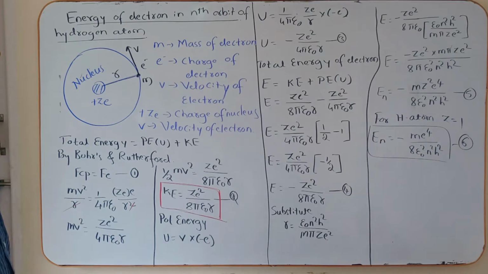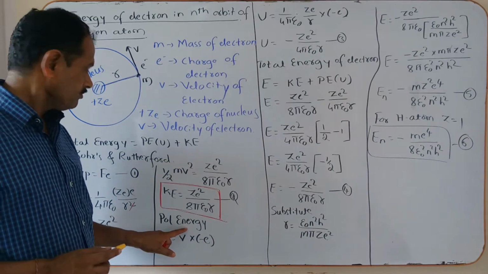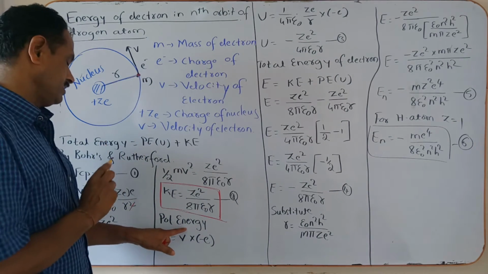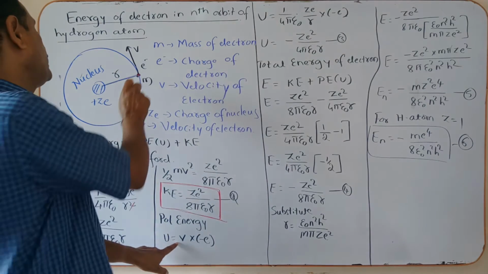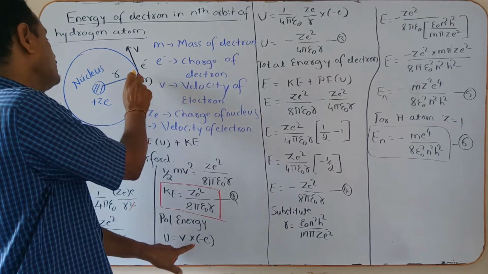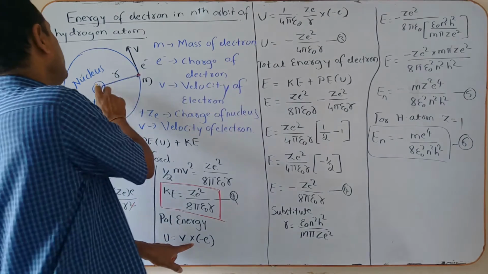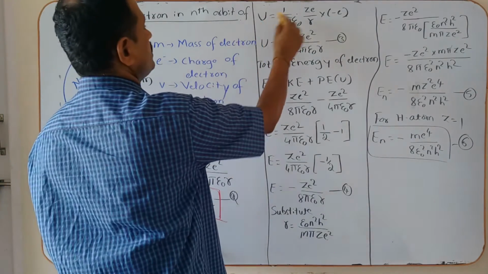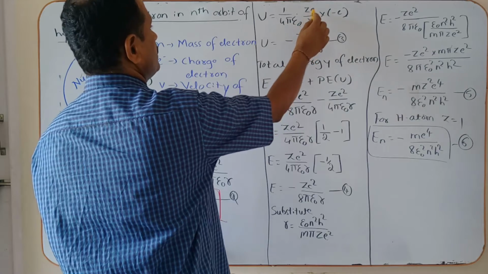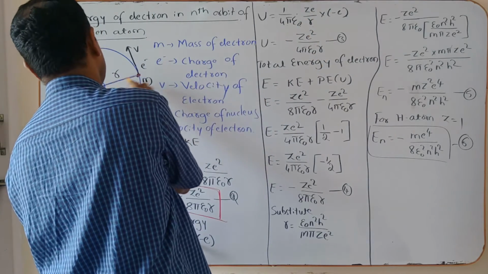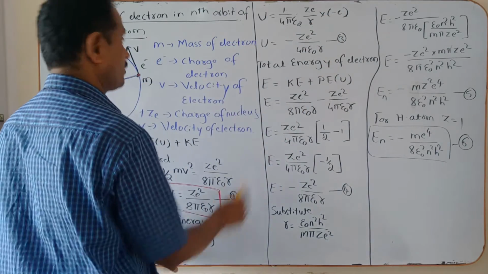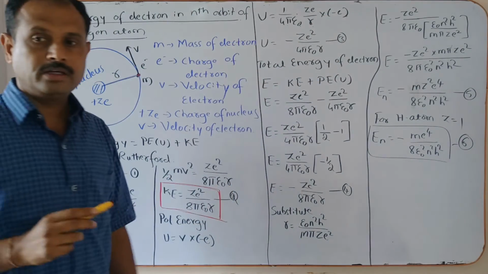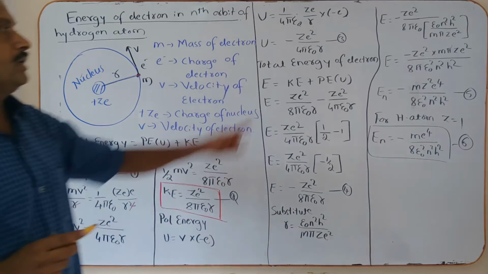Fine, okay. Now potential energy at this point, at a distance r. The potential energy is equal to the electric potential at this point times the charge of the electron. What is the electric potential at this point? This is 1 upon 4 pi epsilon naught, charge divided by distance: Ze divided by r, into the charge of the electron, minus e. Now U is equal to